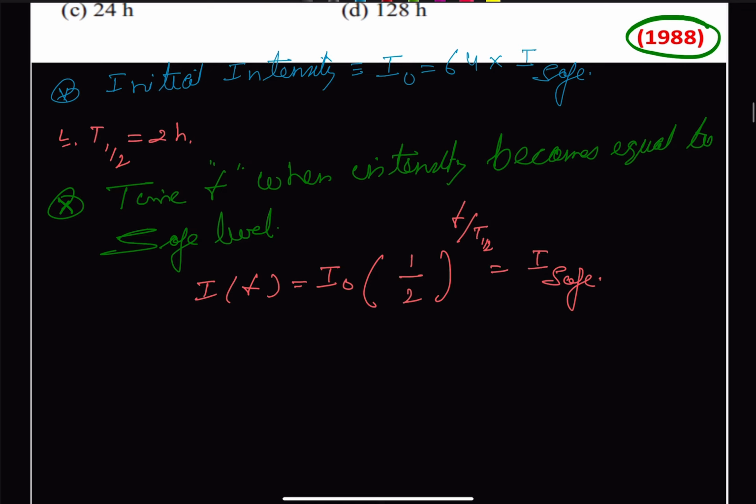We can simply find out, because we are required to find time, so therefore we can say I naught upon I safe is equal to half, and this comes as minus t upon t half, and we already know the relationship between I naught and I safe. So this will be equal to 64,